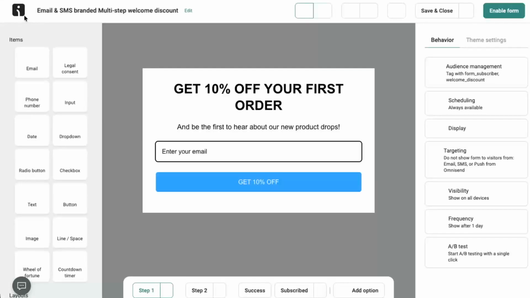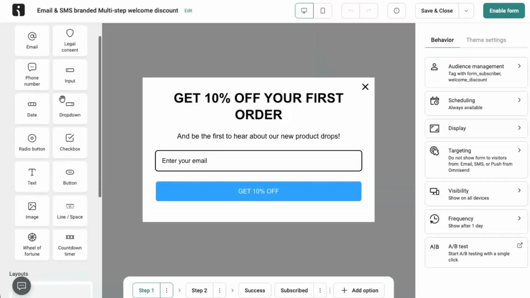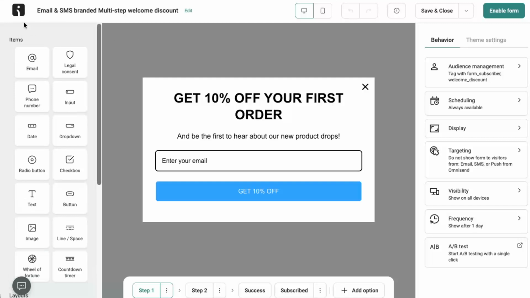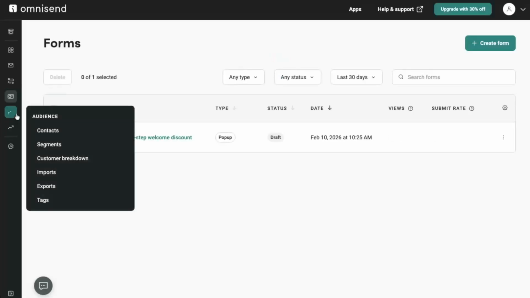Below that, click on the People icon, often labeled Audience. This is where you manage your contacts. In this section, you can view and edit your subscribers, create segments based on behavior or attributes, and work with imports, exports, and tags. Segmentation is especially important for sending more targeted campaigns, such as emailing only recent buyers or